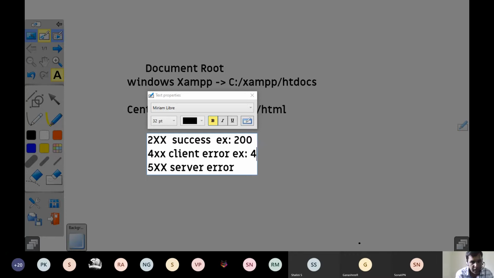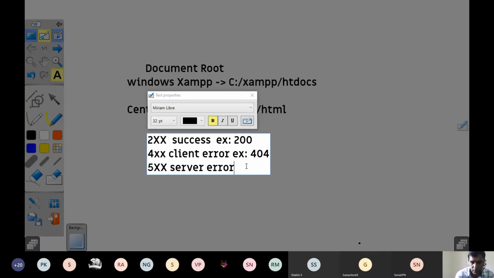Example, the most famous error message is HTTP 404. Okay. So what does it say? That means when you get this message, be sure that the path name or the file name you have given in the browser is actually wrong. You should recheck the name of the file or the path of the file in the URL window of your browser and give it correctly. So that's what it indicates.